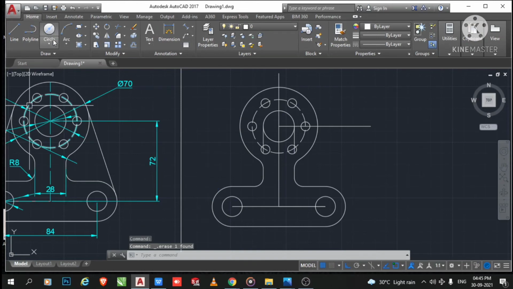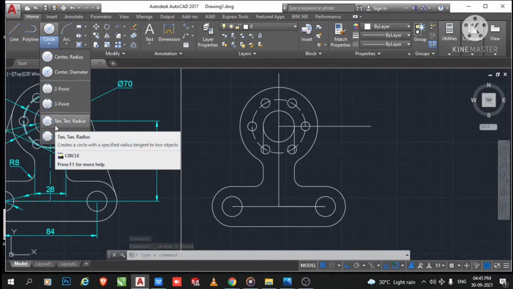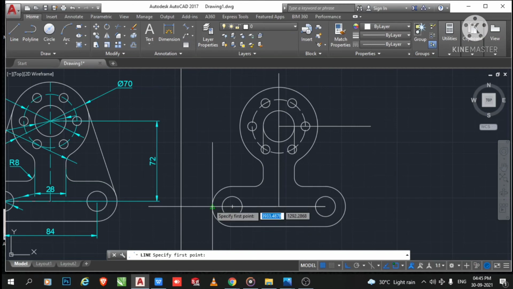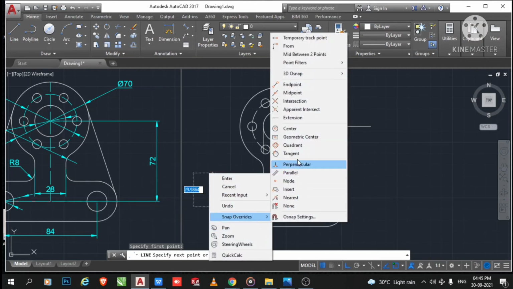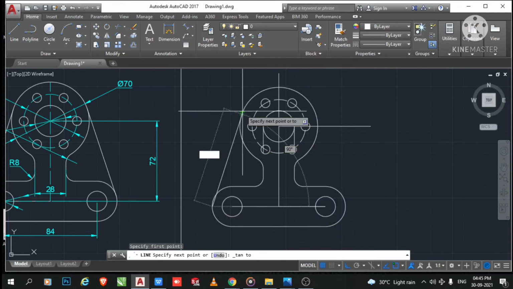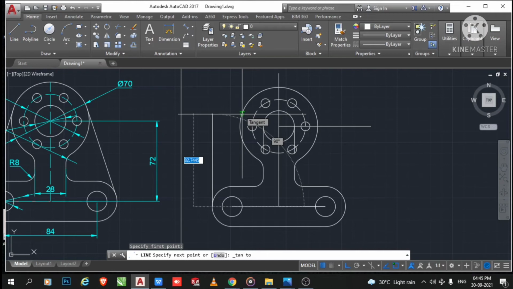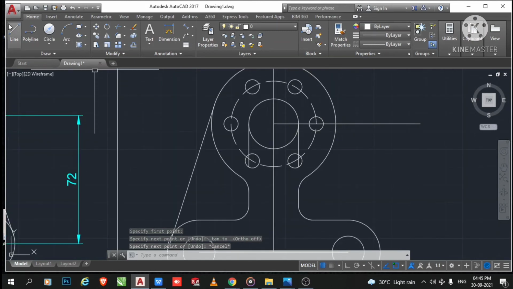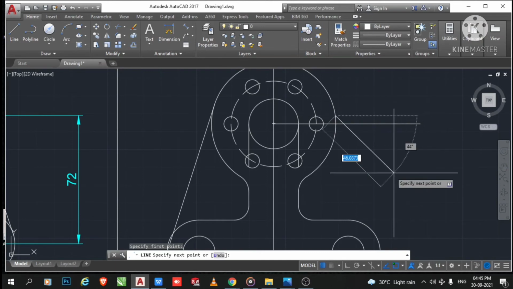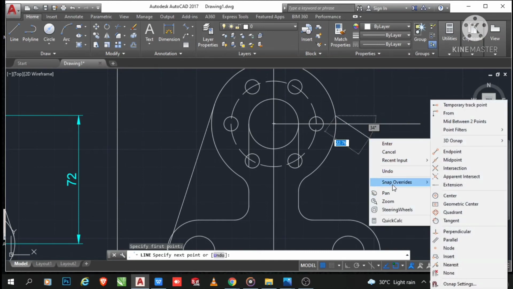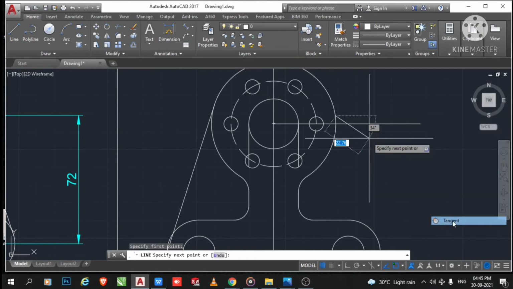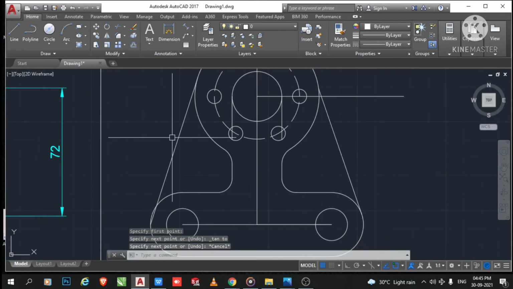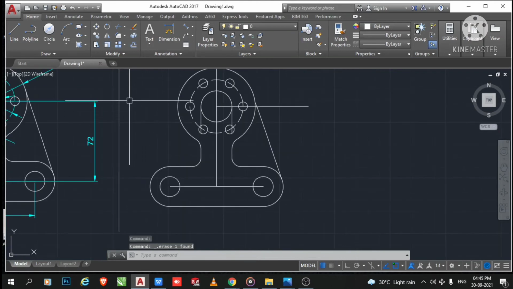Select this one, select this one, okay, and again select this line, go to tangent, again we create the tangent.